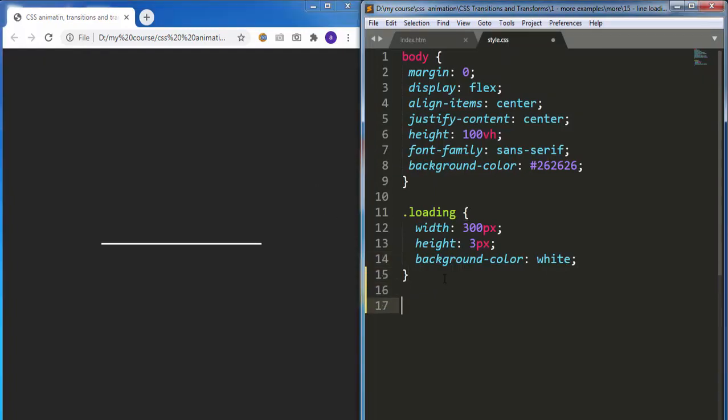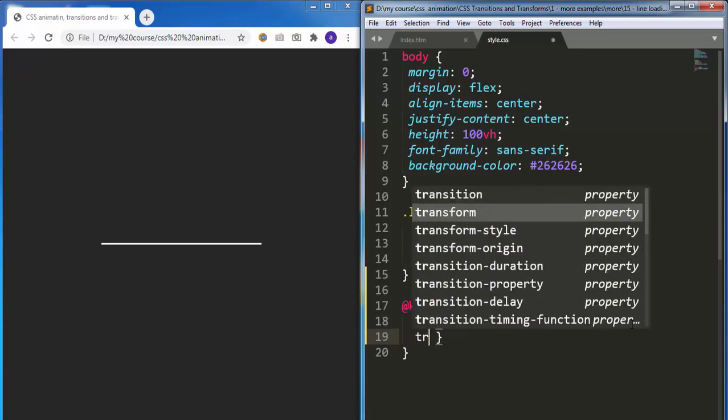I will go back and create a new animation. Name it line. And inside that, at 0% of the animation duration, I will add transform, scaleX(0). So the line will start growing from a scale of 0. And we want it to start growing from left to right. That means that we need to change its transform origin property. It's center by default, so we will make it left. So I will add transform origin,